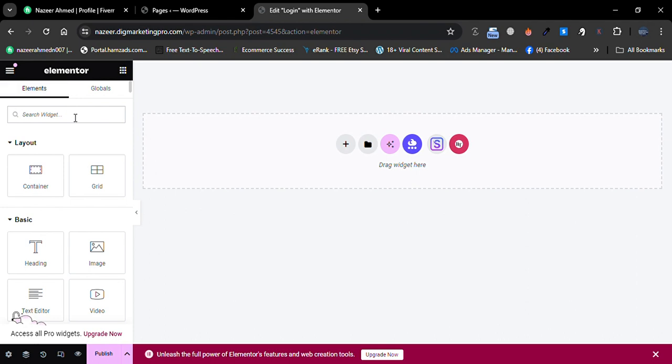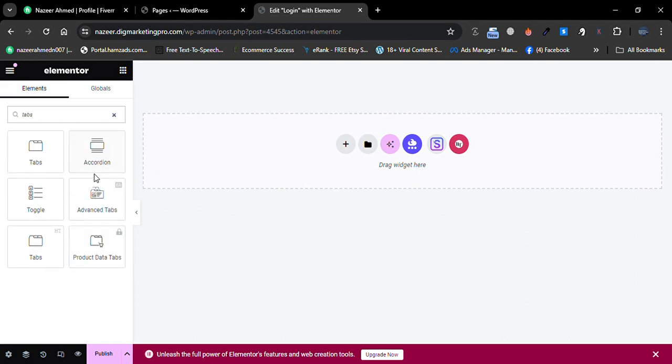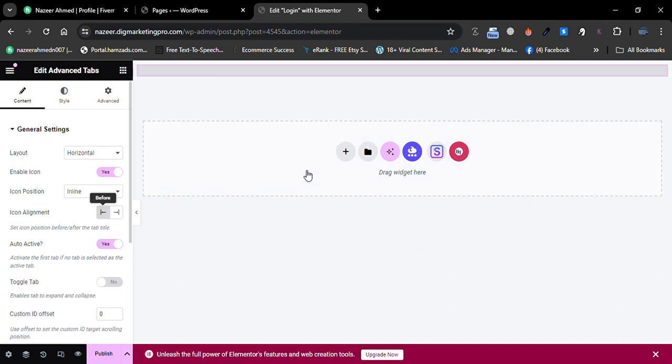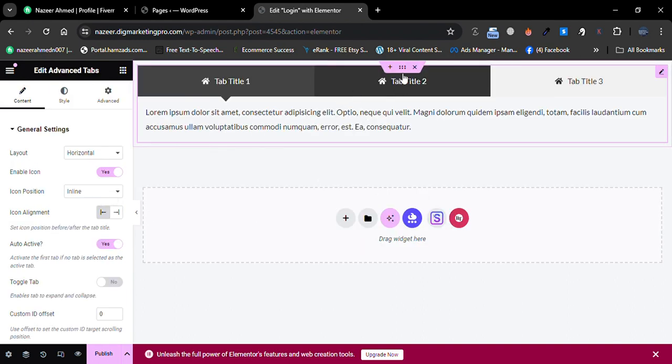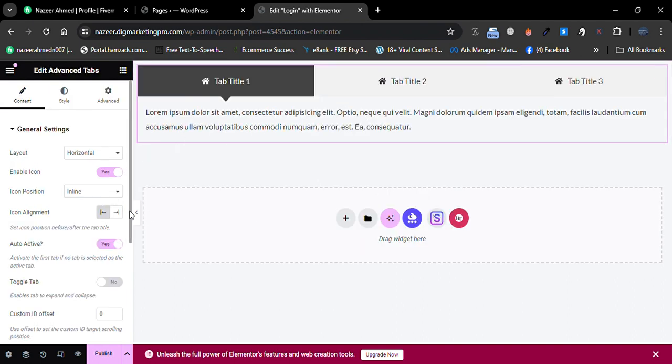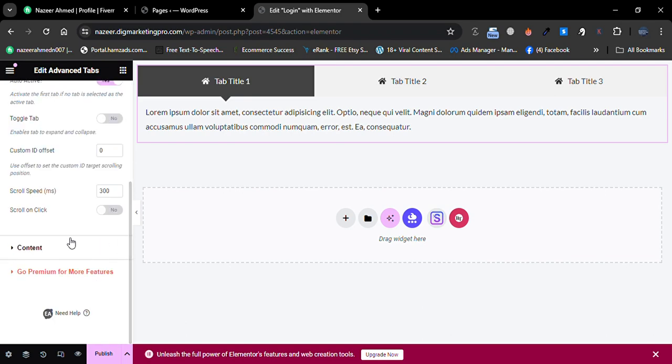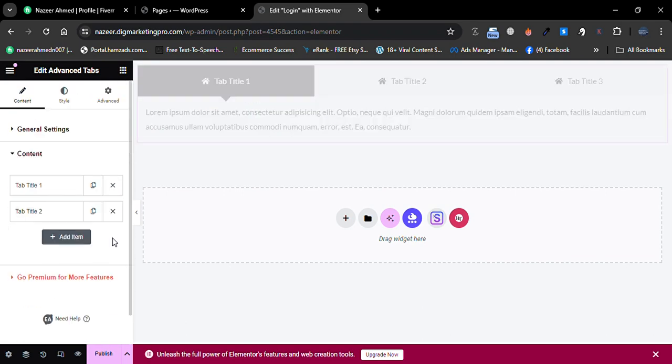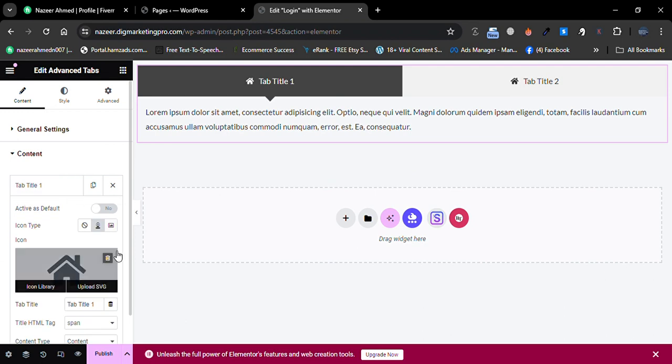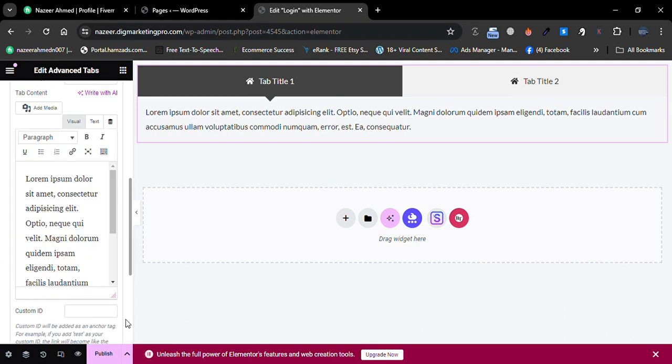So from here search for tabs and drag and drop advanced tabs by EA. So you can see there are 3 tabs. So I will go to content, I will remove one of them and I will go to tab 1